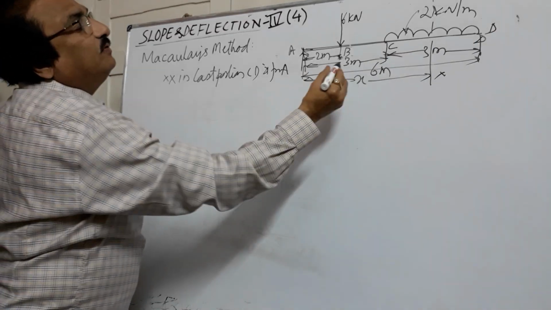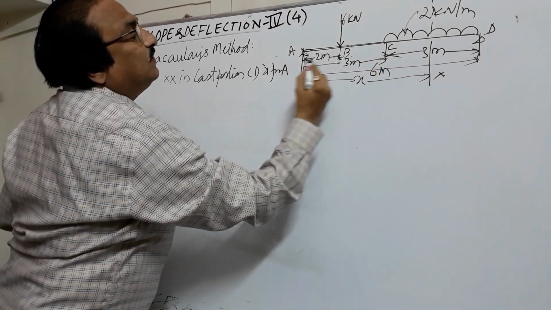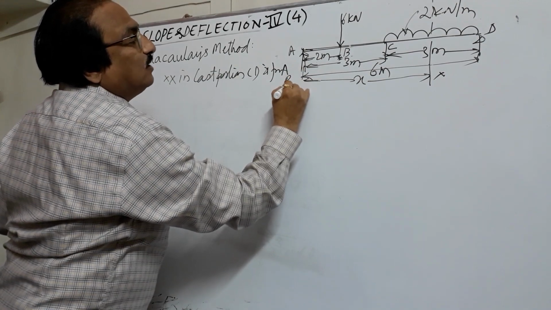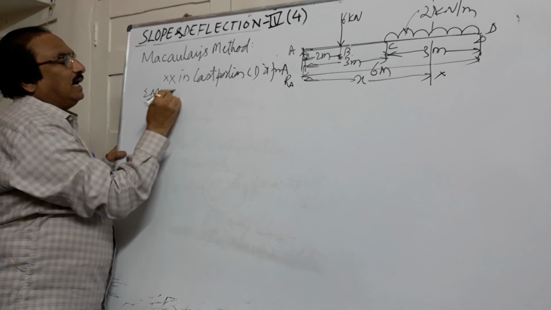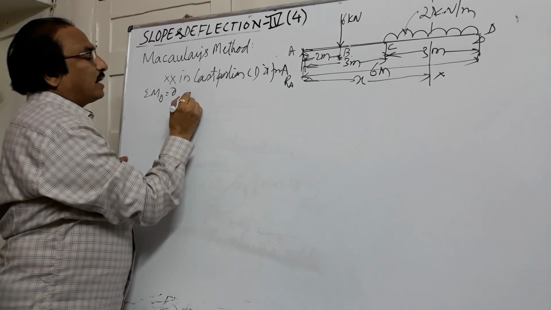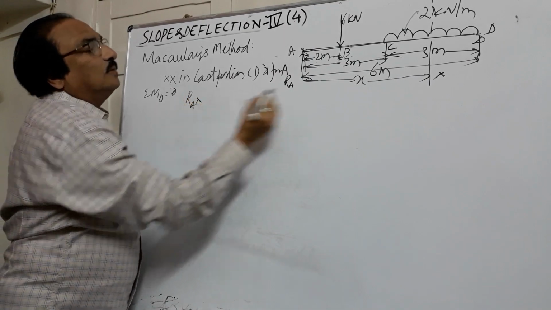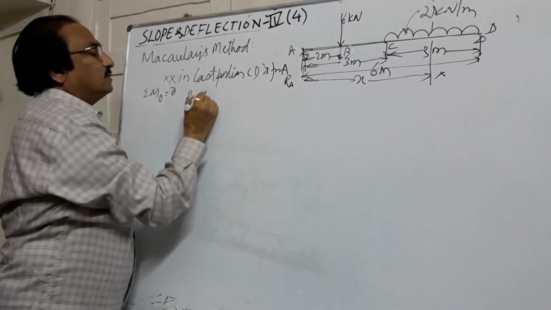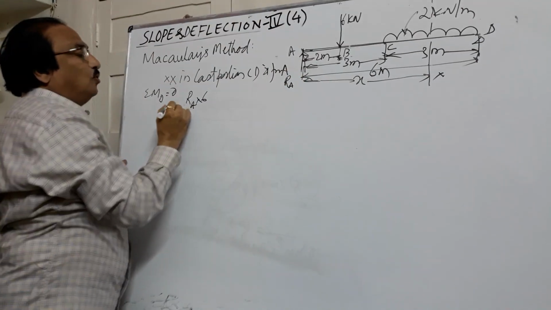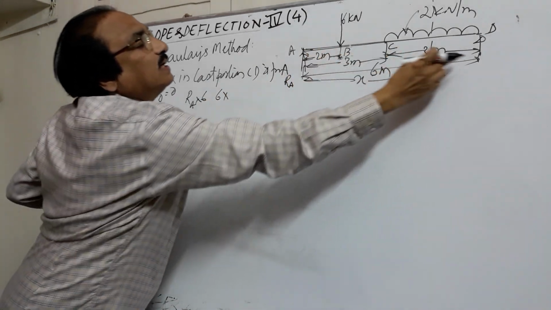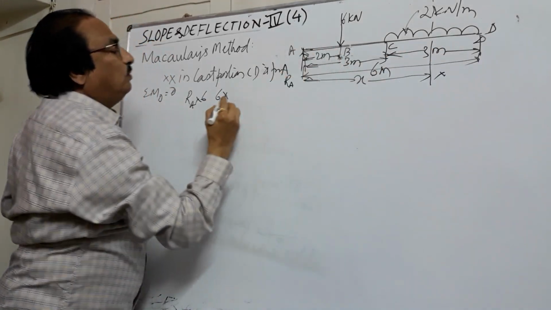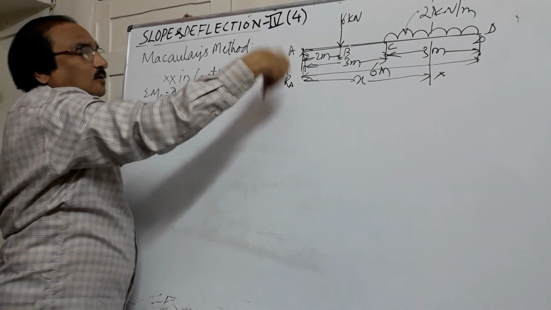Now when we take moment about x, we need RA. So let us find out RA. For finding RA, let us take moment about D and equate it to 0. So RA into the perpendicular distance, 6 meters. It is rotating clockwise, positive. Then 6 into the perpendicular distance, 6 minus 2 will be 4, anti-clockwise.